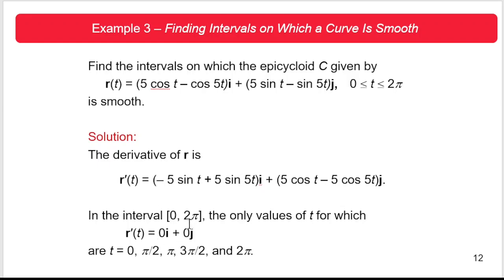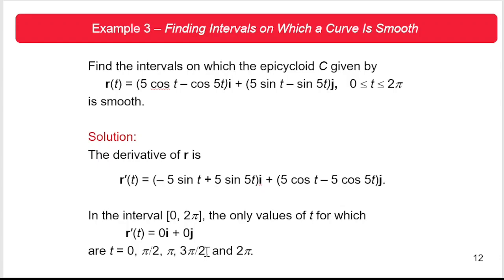So you have 0i. Here, if t is pi over 2, cosine of pi over 2 is 0 times 5 is 0. Next, 5 cosine of 5 times t, where t is pi over 2, is 5 pi over 2. And cosine of 5 pi over 2 is 0 times negative 5 is 0 plus 0. So you have 0j. Okay, so as you can see, the values of t on which r prime of t is equal to 0i plus 0j are those within this interval that are multiples of pi over 2, including 0. So you have 0, pi, 2 pi, and then pi over 2 and